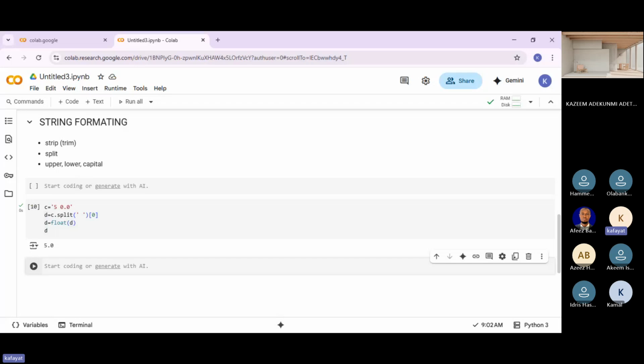So the upper, the lower, and the capital, you can also apply it by writing a random text from your hand, then converting it using dot upper. Let me give you a sample. A is equals to my name is Kafi.